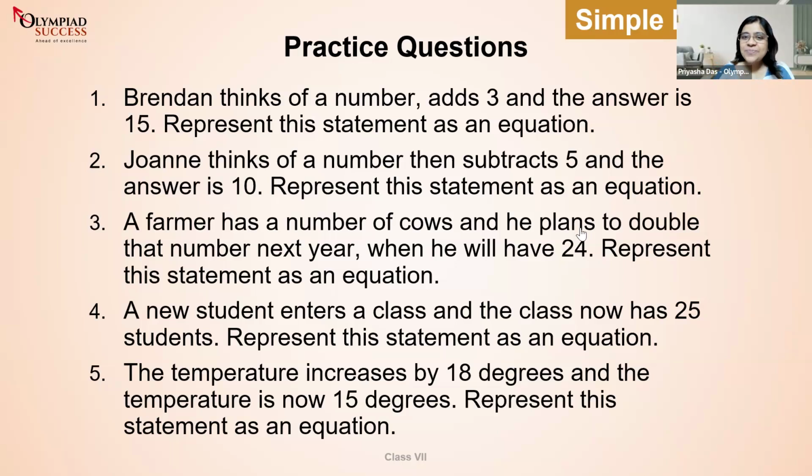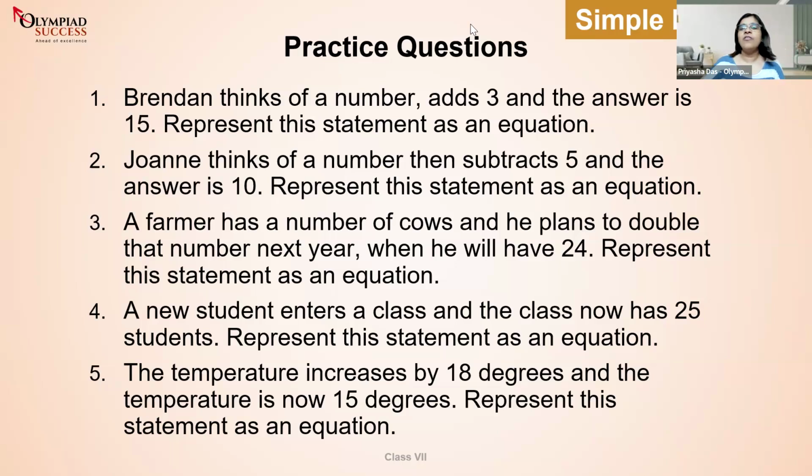30 seconds. Quick, guys, quick. Number 5, do it fast. Remember, in the beginning of the demo, I told you that we'll work on one pillar, concept clarity, another pillar, accuracy, another pillar, speed. Right now, we are working on all of them together. Very nice. Countdown starts. 10, 9, 8, 7, 6, 5, 4, 3, 2,